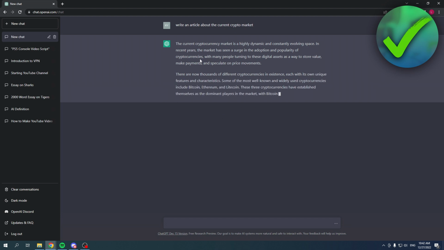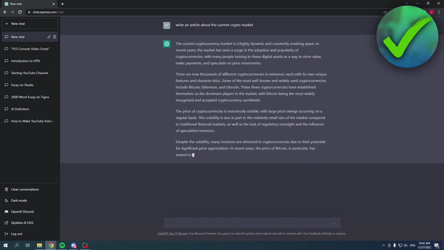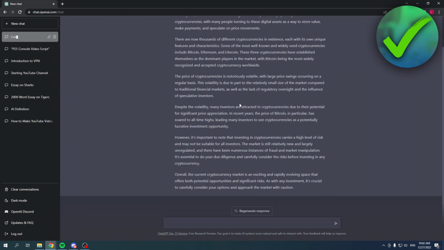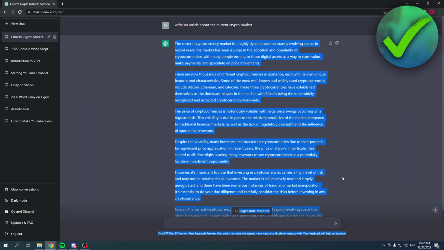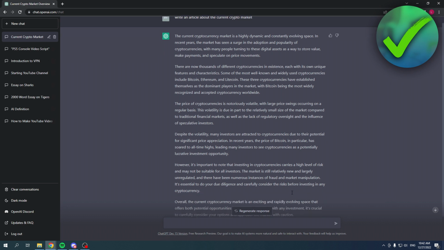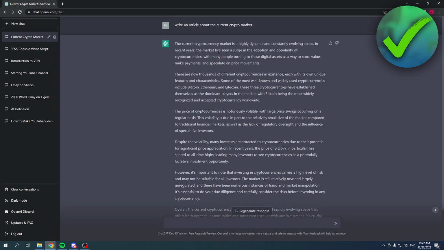Now, this may take a while because it just doesn't pop up, boom, immediately. It still has to sort of like come up with it. So yeah, if the article is very big, then it can take a while. If not, then it will be done in a couple of seconds. Now that it's finally done, this is all it wrote. So you can, for example, read all of this and of course add or delete some stuff and post it as an article.